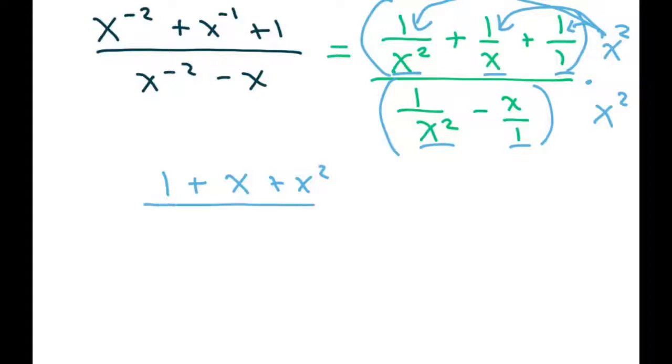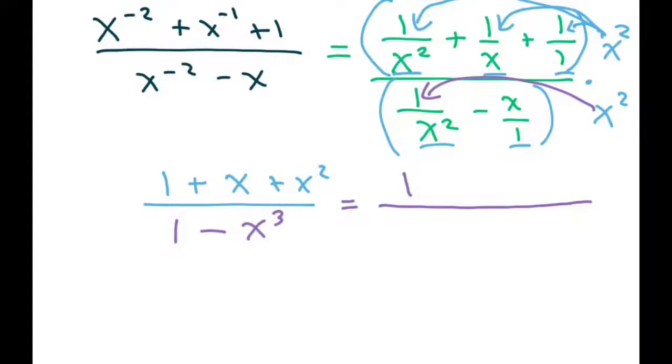All right? And for the denominator, we do the same thing. So multiply those two and you just get 1. And for the denominator, you get minus x cubed. Now the thing with this one is we can't factor the numerator. We get complex solutions, but the denominator we can factor